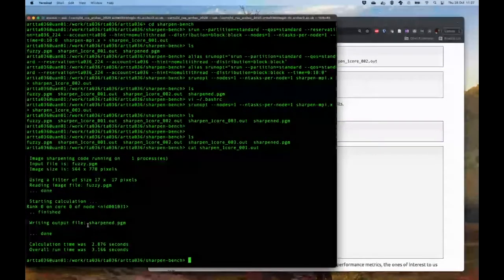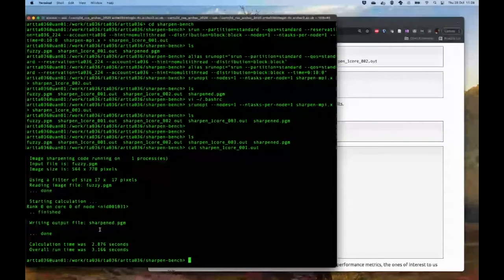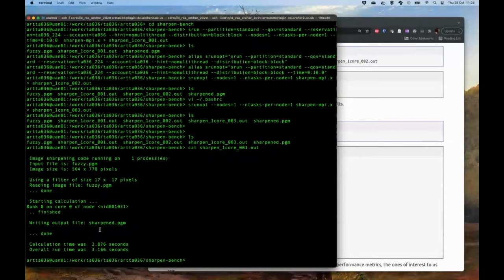It writes some output data, and then it gives us 2 timings. When we discussed timings before, it gives us a calculation time, that's the smaller one, and the overall runtime. The overall runtime covers everything that the application did, from startup through reading data, doing the calculation, writing out the data again, and then shutting down and stopping. The calculation time just covers how long it took to do the actual sharpening calculation, so not including the overheads of startup and shutdown. So it's the actual pure calculation time. So based on these timings, we need to propose